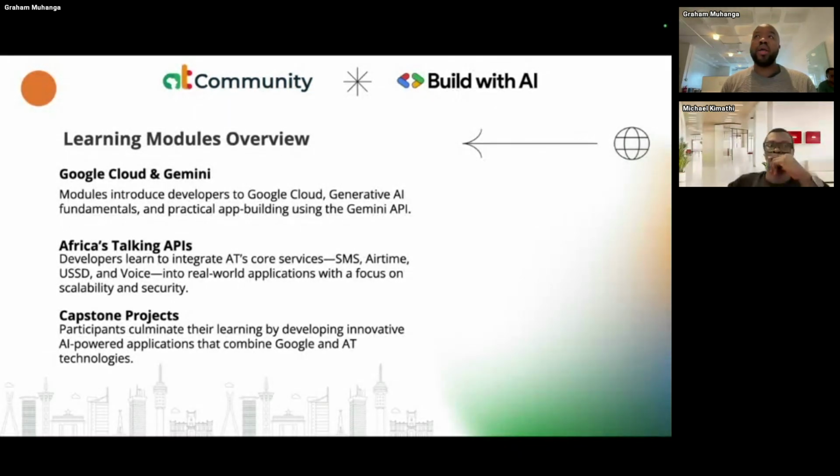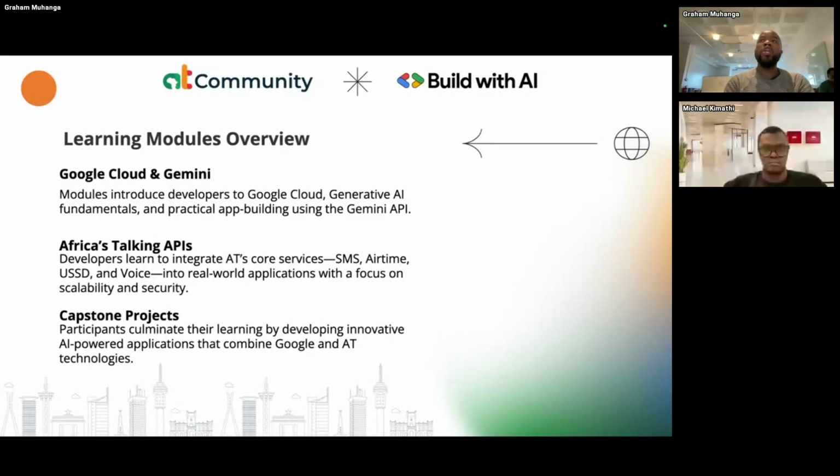Now, one other reason why we are collaborating with Google on this is because we will also bring in some of our customers, especially as you complete various projects throughout every month. So as promised, every week we will be looking for senior engineers or CTO level to talk about their Google journey. But as you do your projects, we will also be bringing in customers who can look at what you're building and engage with you on some of the programs.